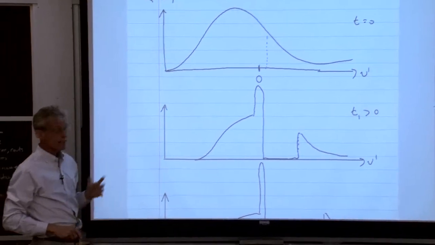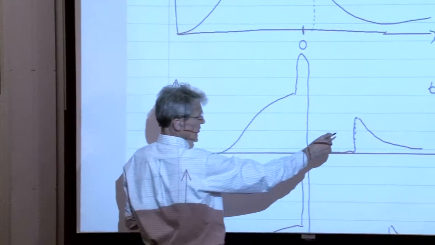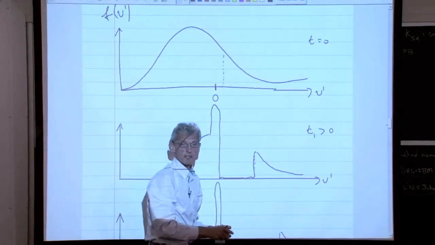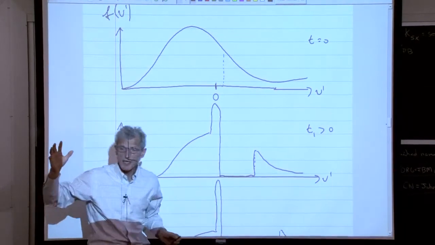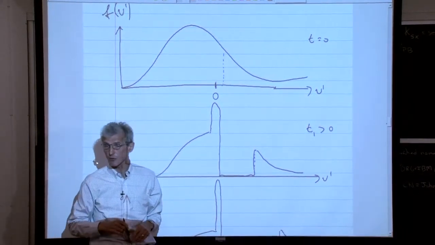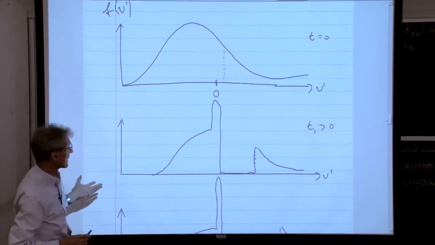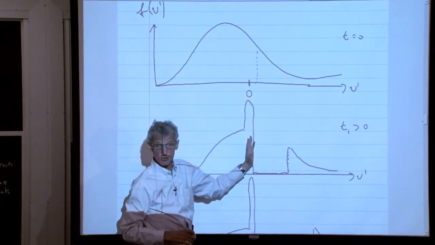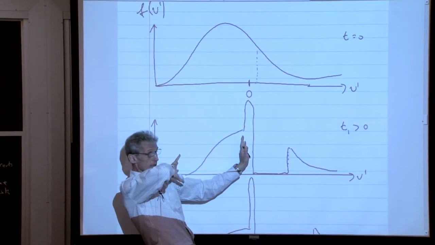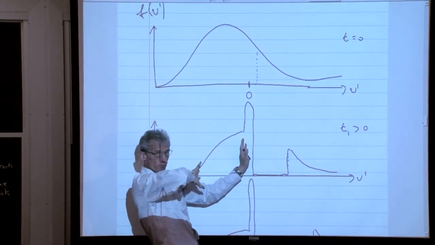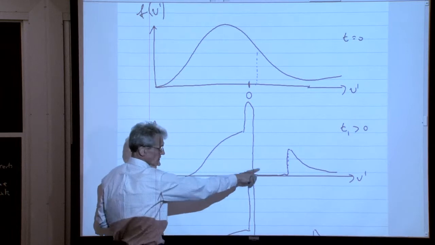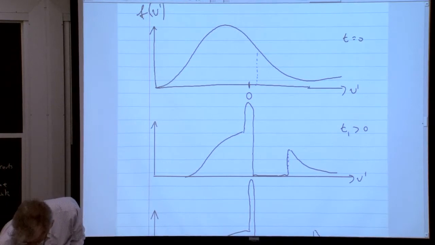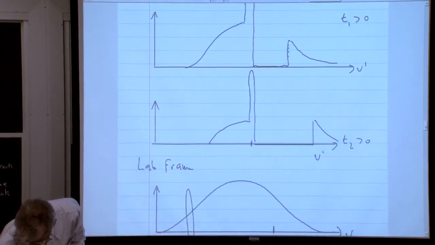But since we are in a decelerating frame, in the absence of the laser, the whole Maxwell-Boltzmann distribution is just shifted, not because the velocity of the atoms change, because we are in a decelerating frame and we are accelerating away from the atoms. And what I just described for you is the following, that at V prime equals 0 we have our friction force, and the atomic distribution in this frame is now pushed through, and everything which goes through this resonant region is sort of collected, and you have a peak which is piling up at V prime equals 0.